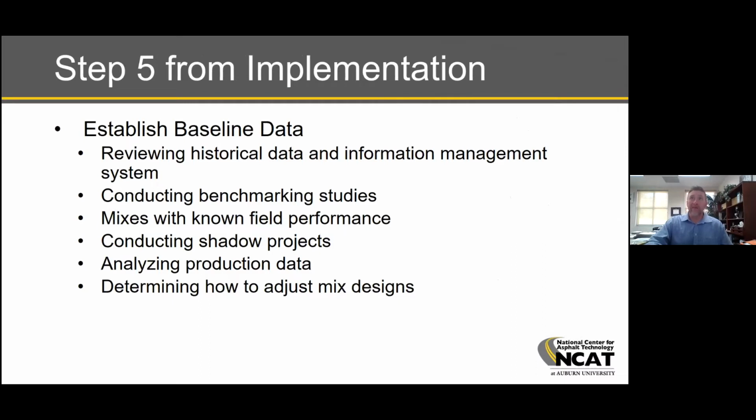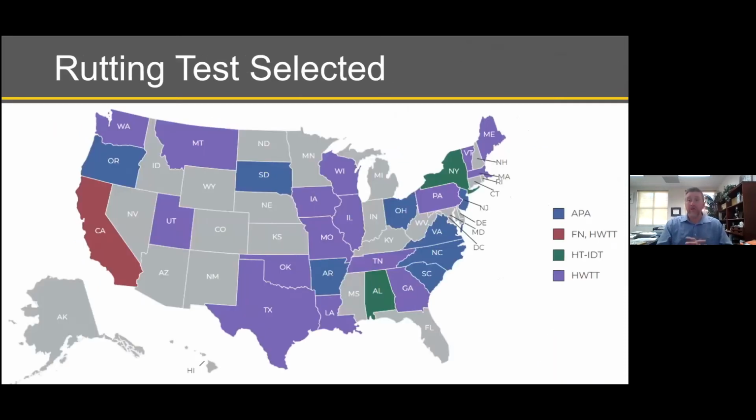So, and I think that goes back to, like I've said, it goes really back to establishing baseline data and going through each of those steps to make sure that we select the criteria that's most appropriate for our agency and our region. So as we look and see what different rutting tests have been selected across the nation, I think it's